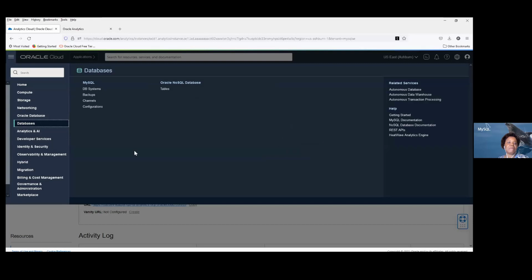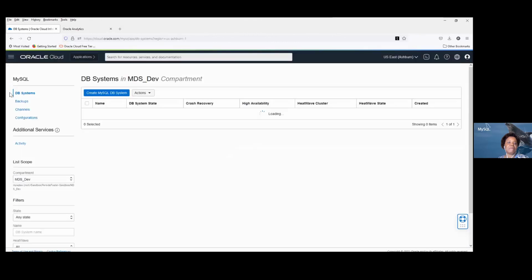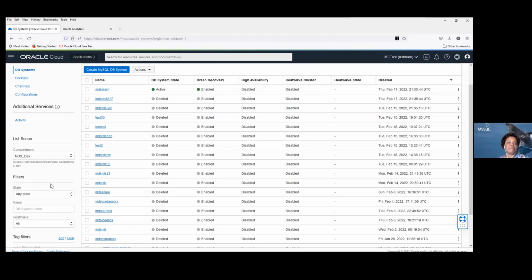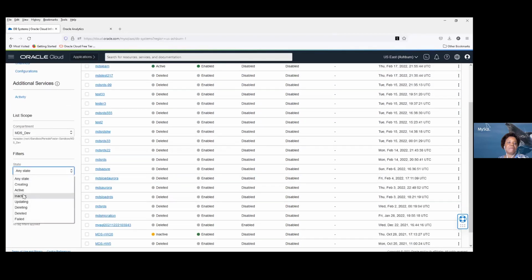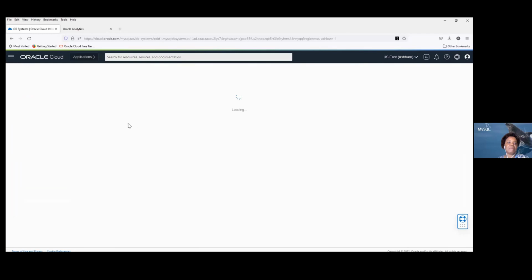Cloud. Okay, so I'm going to go to the database, go to DB Systems. I have a lot of databases. So what I'm going to do is I'm going to say, hey, look, guys, just show me the active ones. Okay, here. This is the database I'm using. It's called MDS Demo. You click on it